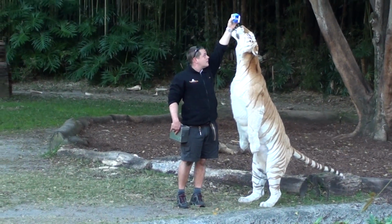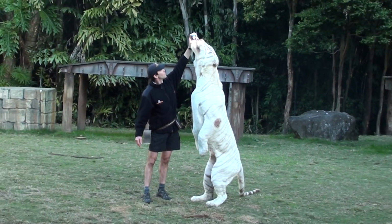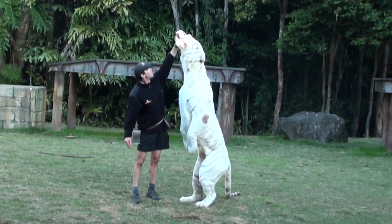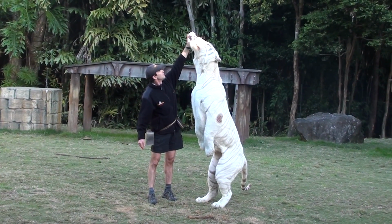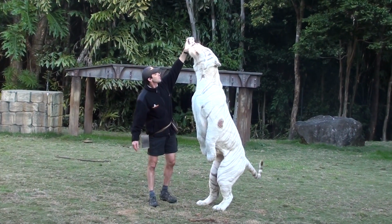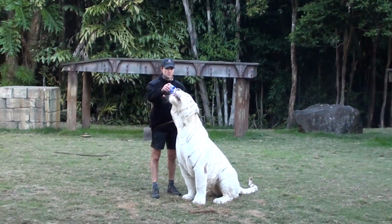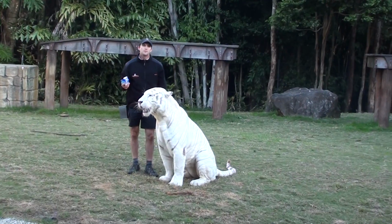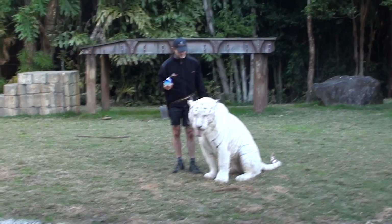So of course, they're not going to be trying to stand in this position for too long. Basically, it's a matter of trying to knock their opponent down onto the ground off balance as quick as possible. Because once they've knocked their opponent down onto the ground, the tiger that's done that can then drop down onto their opponent and go for those bites around the throat, the back of the neck. The crippling bites like around the elbows, the middle of the back and the shoulder blades. And we have seen plenty of that out here over the past 10, 15 years. Luckily, we haven't had any big fights for ages. And of course,